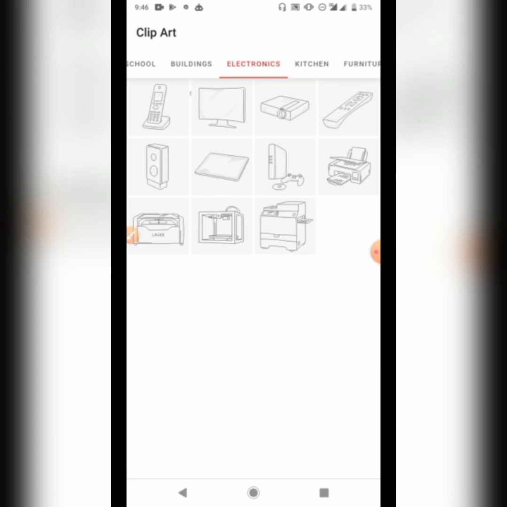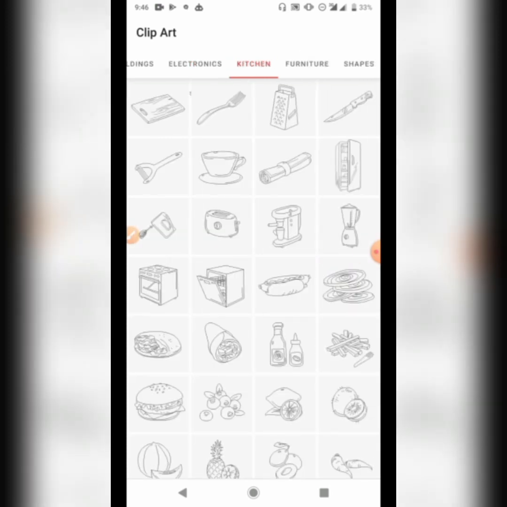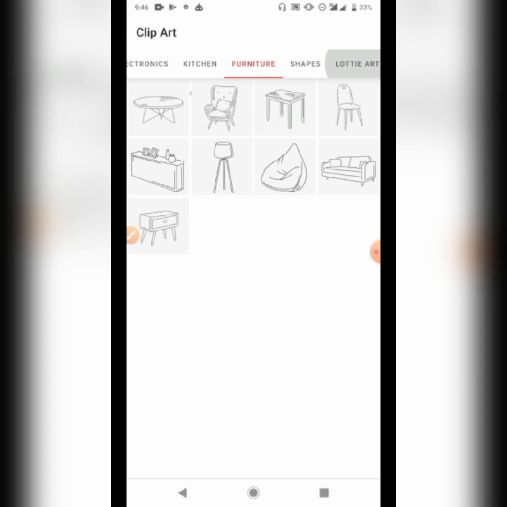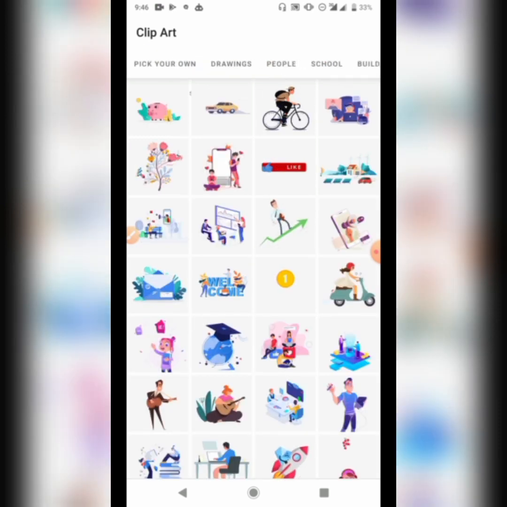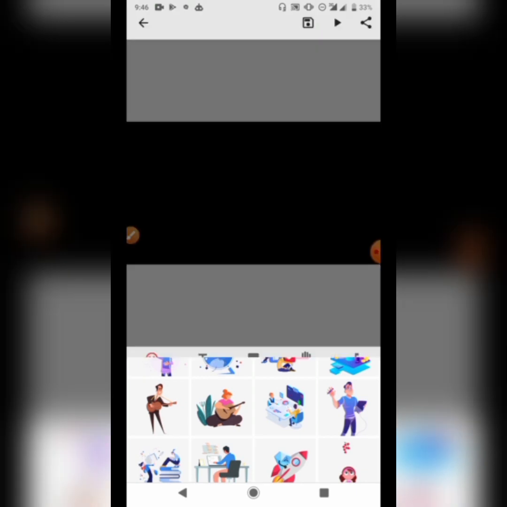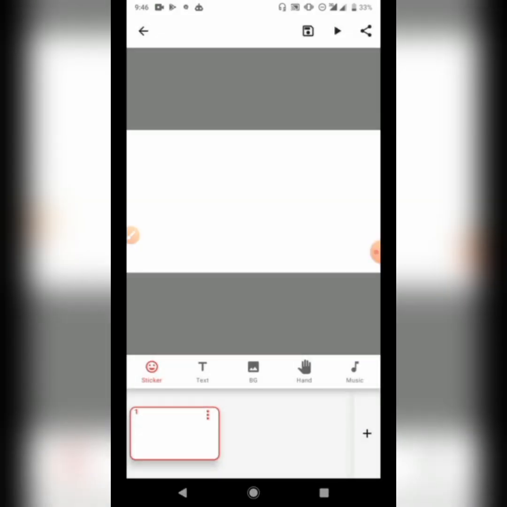Under electronics, you see electronics, related sketches, kitchen, and all of that. Okay, so very quickly I'm just going to do something very simple, and the concept I'm going to use is we want to create an advertorial video for a delivery company. So the first thing I want to do